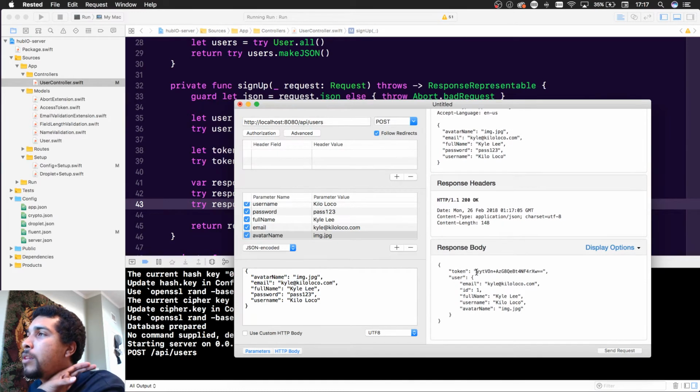So, all right, let me explain what's going on right here. Now we have this little string that you might be able to see. It's really small. You don't need to be able to read it because it's just a bunch of gibberish. But what we're doing is making something that says, hey, this is a secure token. Now what we want to do is make it so that every single API that we make, other than the sign up and the login, requires a token in order for it to work, because we don't want somebody from the outside to find out how our API is structured and called and then be able to actually